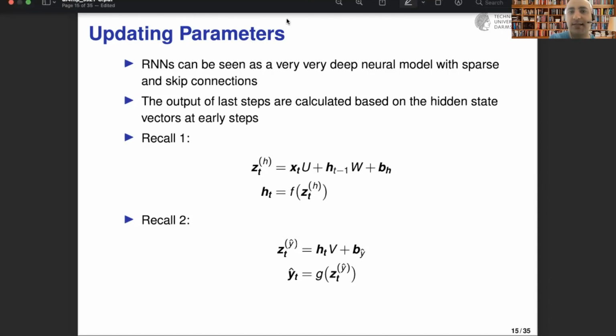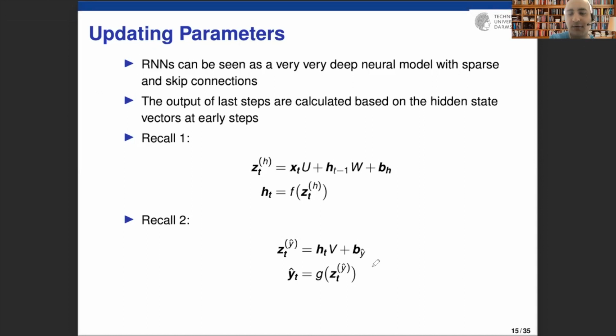For easiness, if we use a notation zt to represent the linear combination of xt, the input token representation, and ht minus 1, the value of the hidden state in the previous step,